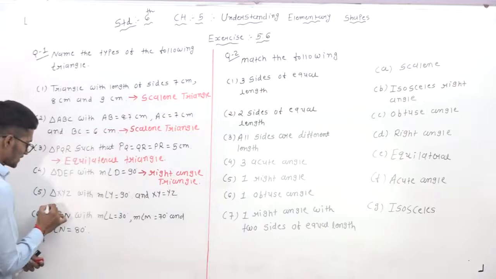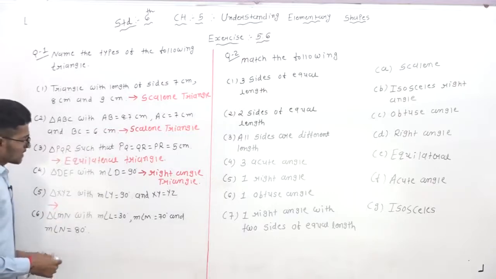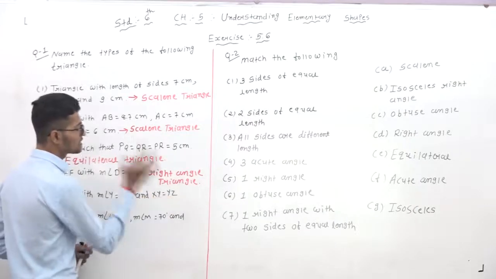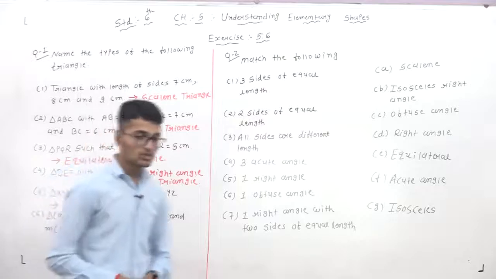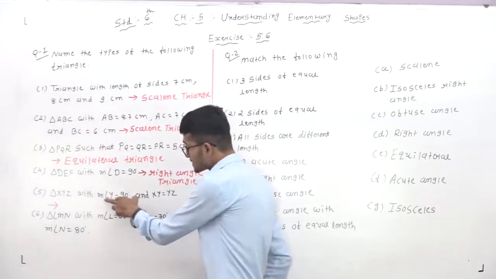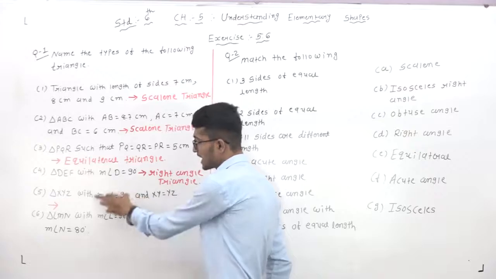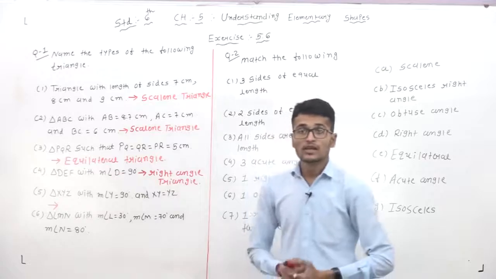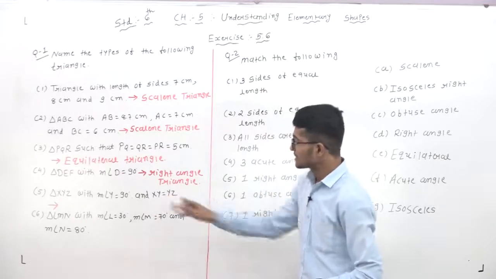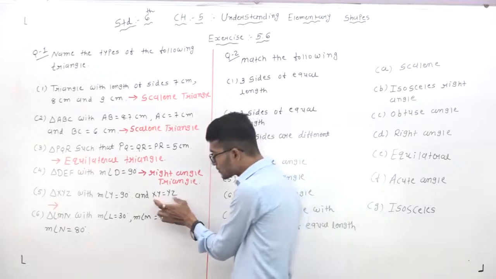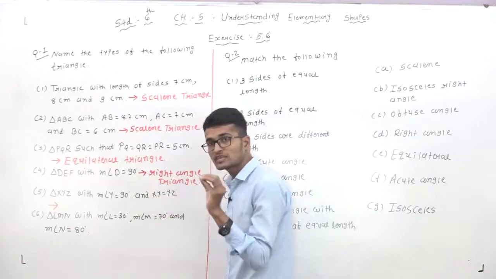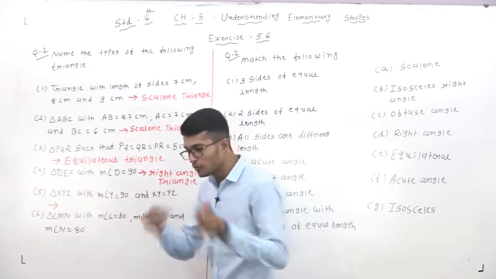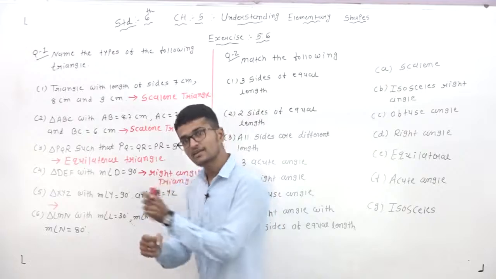Understand? Then after that, the fifth one, the triangle XYZ with measure angle Y is equal to 90 degree and XY is equal to YZ. So dear students, here two things are given. One is measure angle Y is equal to 90 degrees, means this one is a right angle triangle. But one more, here the two sides are same. So first of all XY is equal to YZ, this means these two sides are same, and two sides same is called isosceles. And here 90 degrees is given, means right angle. Now the full name is isosceles right angle triangle.